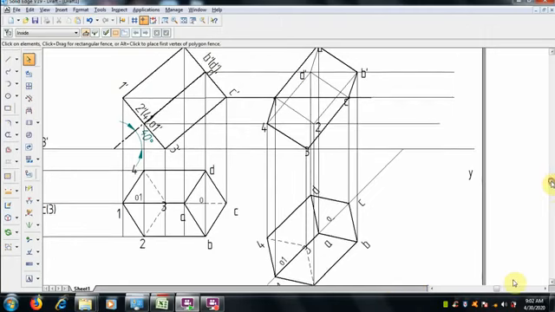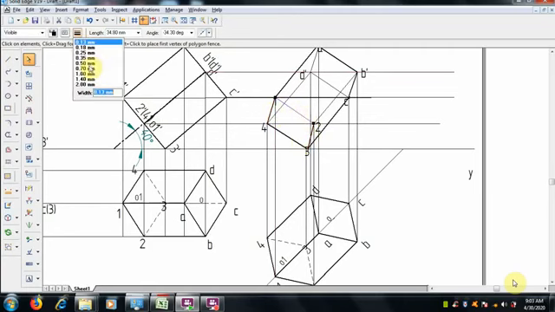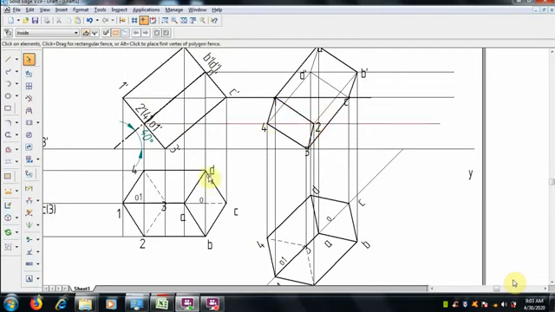So when we see from the bottom, that is the view, this 1 2 3 4 is a visible base. When we are seeing from the bottom, now this is visible.